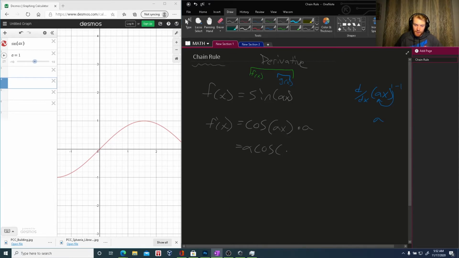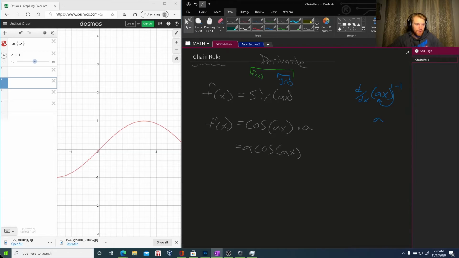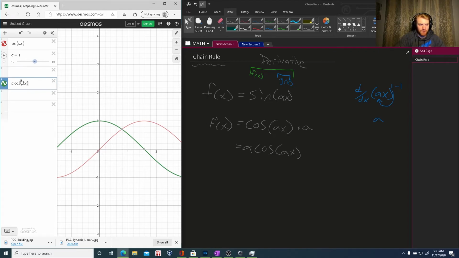A cosine ax, and I'll throw this in Desmos. I already have the original function in Desmos, sine ax right here, and I'll throw this one in just so we can see what it looks like. Is it really the derivative? If you look right here, the green one is the derivative, and when it hits 0, the output of the derivative is